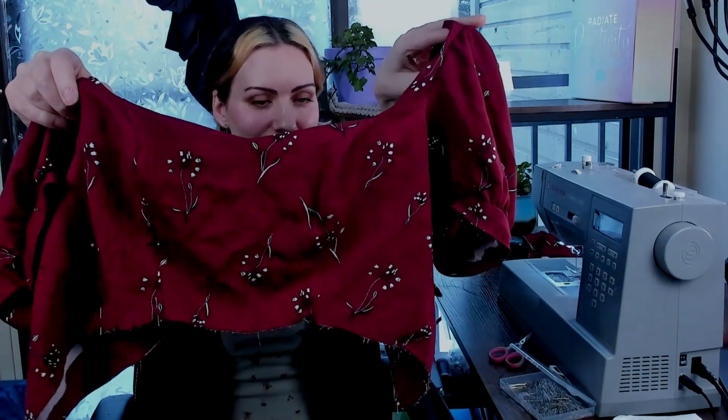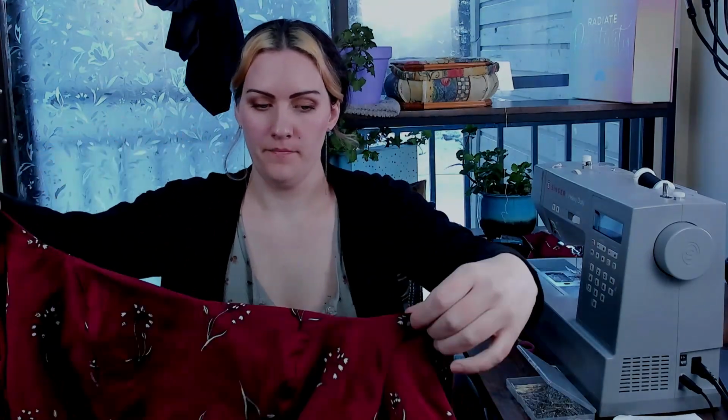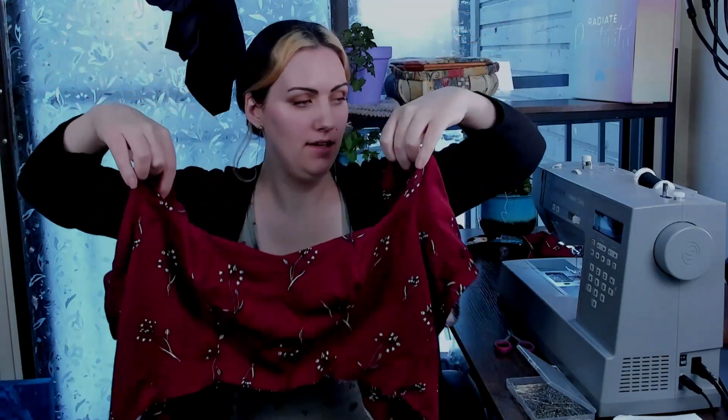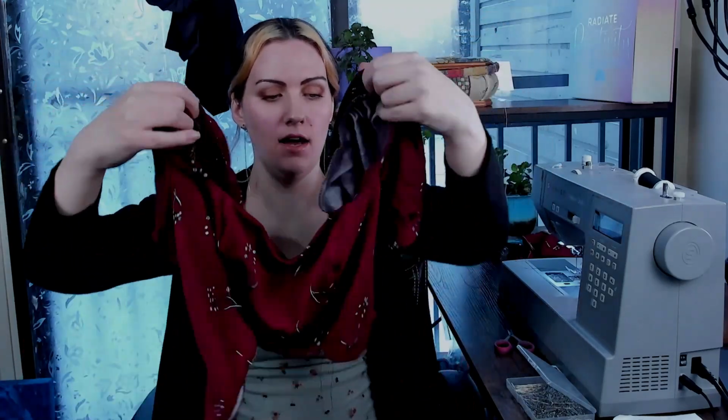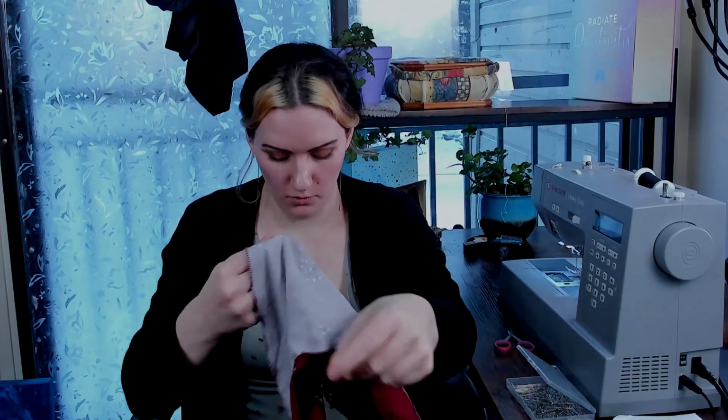Look how cute that is! Oh my goodness. Okay, I'm so excited. Let's sew the other one in. Okay, I got the sleeves on. Look at how cute it's going to look. I am very excited. Now I'm going to add the peplum, and then we can just put the zipper in and be done. How I'm going to add this peplum is I'm going to